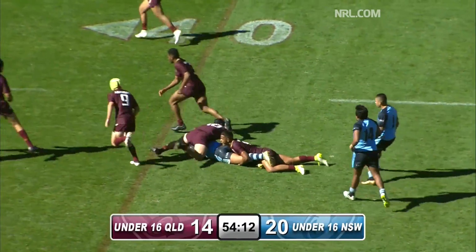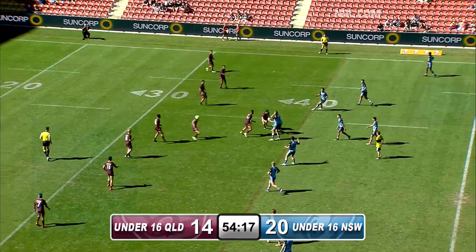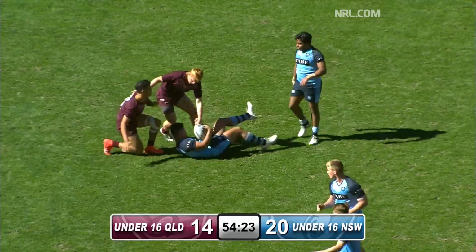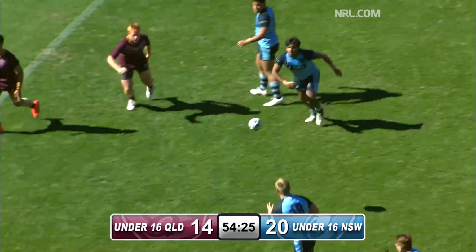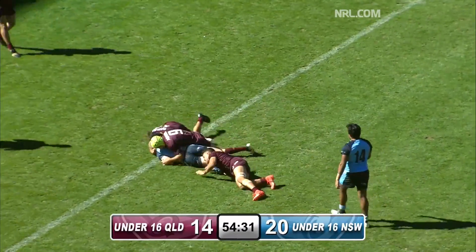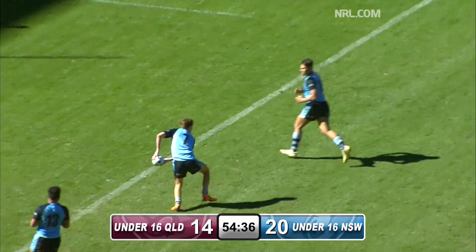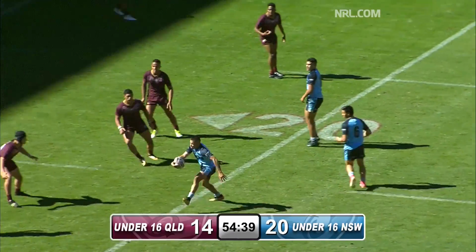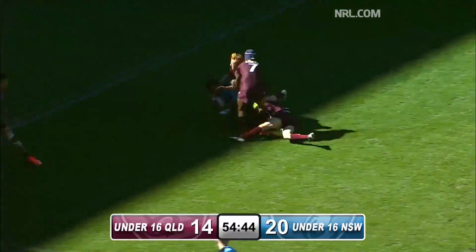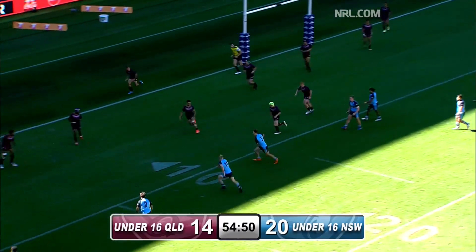New South Wales, though, with a chance now to seal the contest. Will they look at going for one? Williams goes to Bevan. He's straight and hard into the Queensland line. Will they look to kick a field goal here, New South Wales? They might go for more than that. Williams. It is the last. What do they do here, New South Wales? They are going to try to...